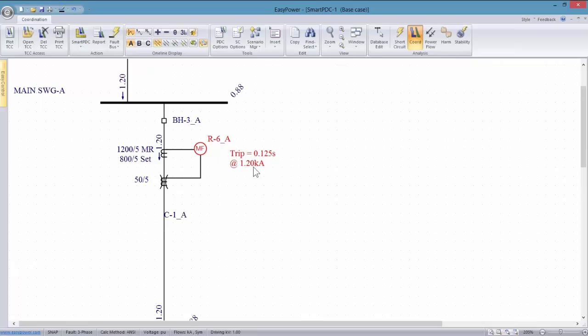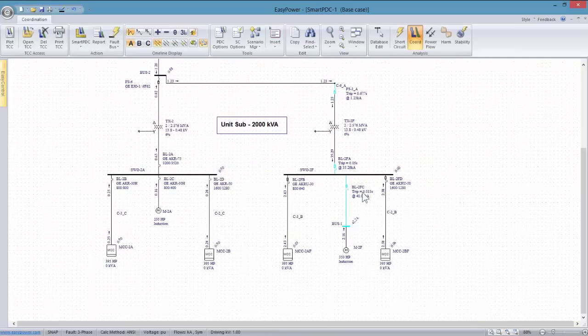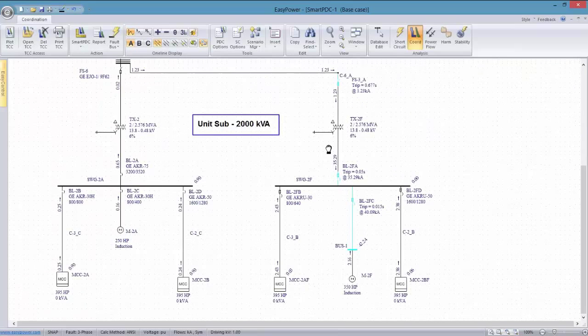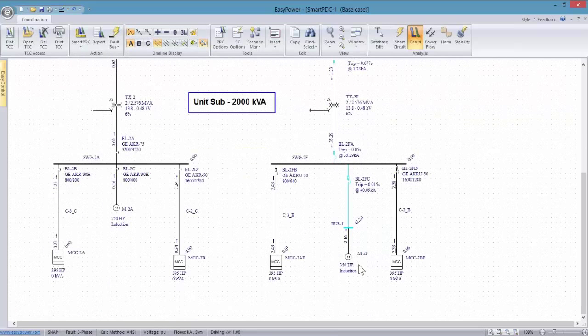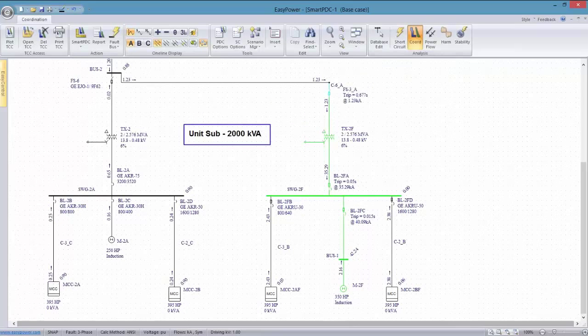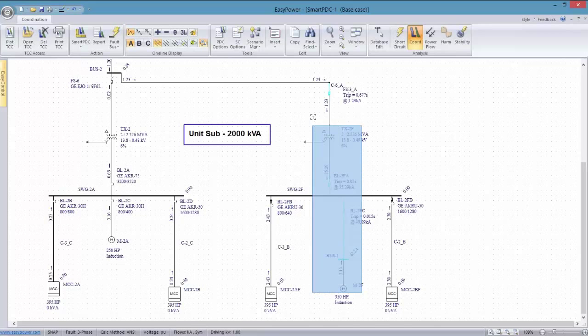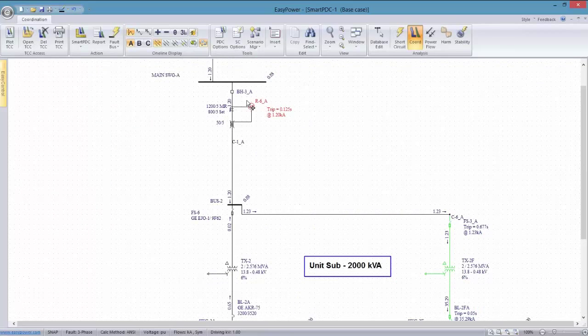So it's highlighted in red in that it's out of coordination. It trips actually between these two protective devices here. So something may or may not need to happen based upon what those particular set points are. The only way to verify that is to go in, while we're in the coordination module, and highlight those particular devices, the motor and a couple of the trip units and the relay,